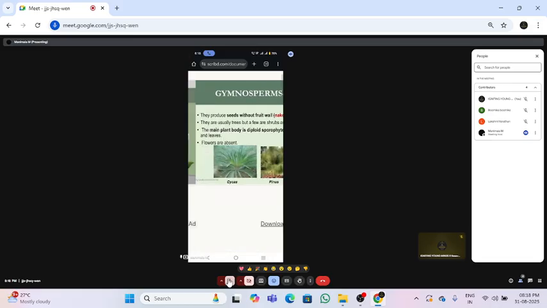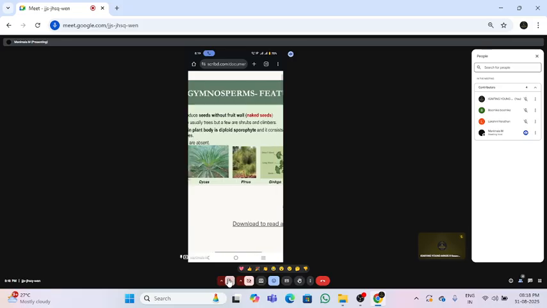Okay, Enquiry into the Plants. The majority of these plants, as you see, are trees, but a few are shrubs and climbers also. On one hand they resemble flowering plants in their seed habit, while on the other hand they resemble pteridophytes in bearing sporangia and sporophylls and producing female gametophytes with archegonia.